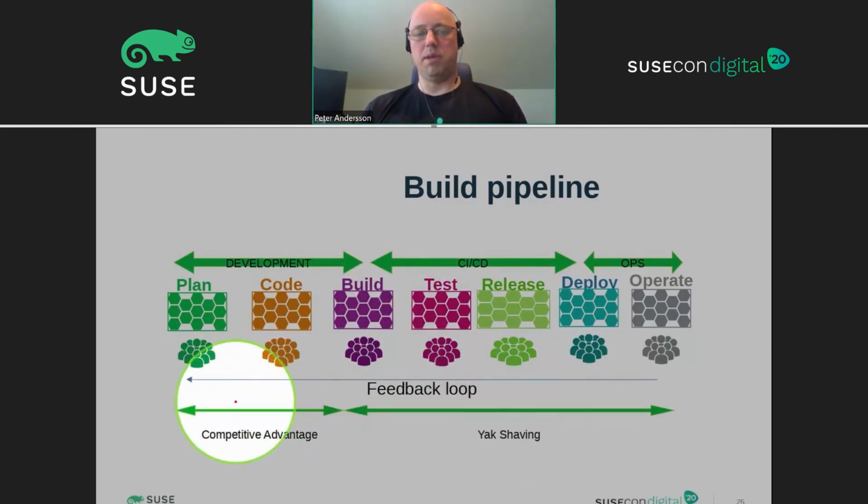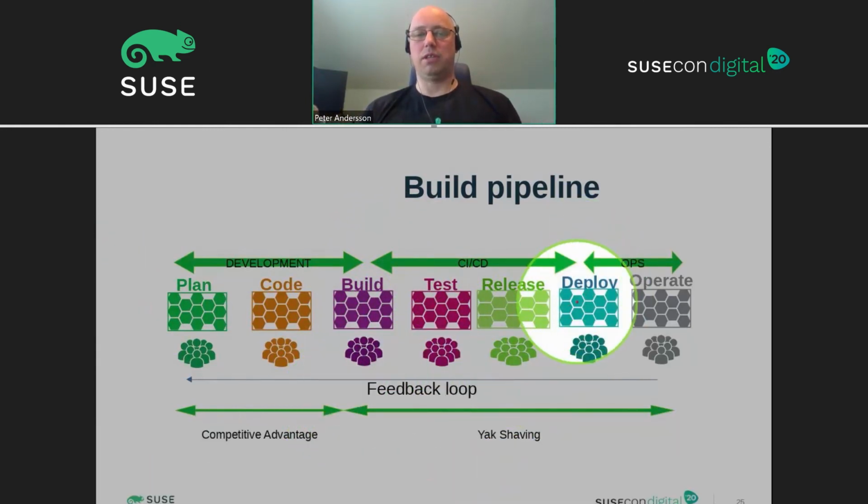But the real important part is the first part. That's where the development department is really productive, where they add value. The rest is some things they need to do, but it does not provide much value. It is a must, and we call it yak shaving. So the idea behind using a PaaS platform is to keep this part as short as possible, to decrease it